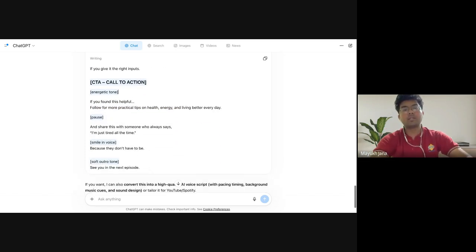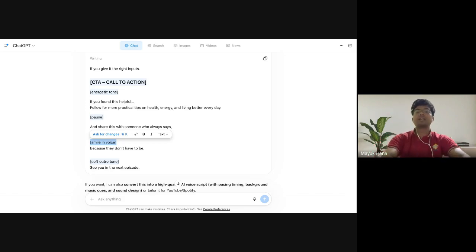Right? Then taking a pause. See why they are getting this, why it is written like this. So whenever you paste this in 11 Labs, it will actually read the text, and they will not say "pause." They will actually take a pause at that particular moment. So I am telling 11 Labs also to not go by the AI way and to pause it